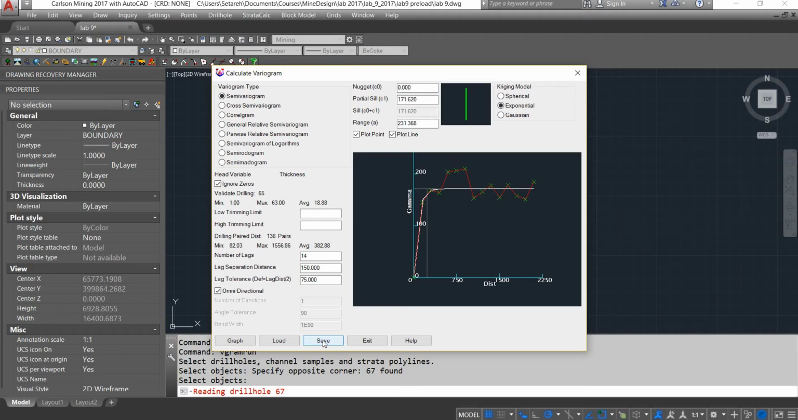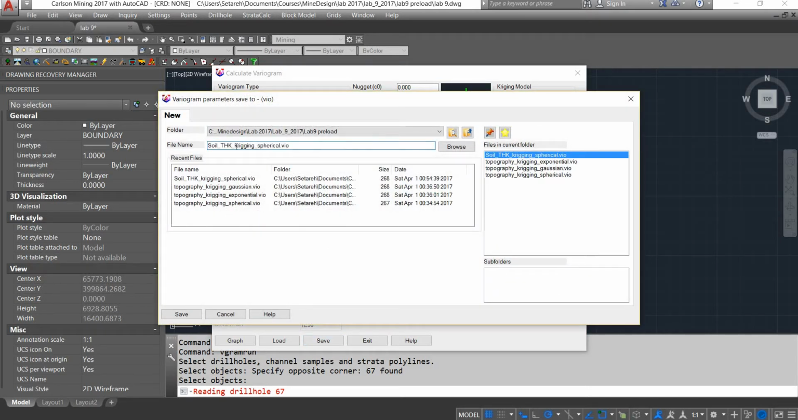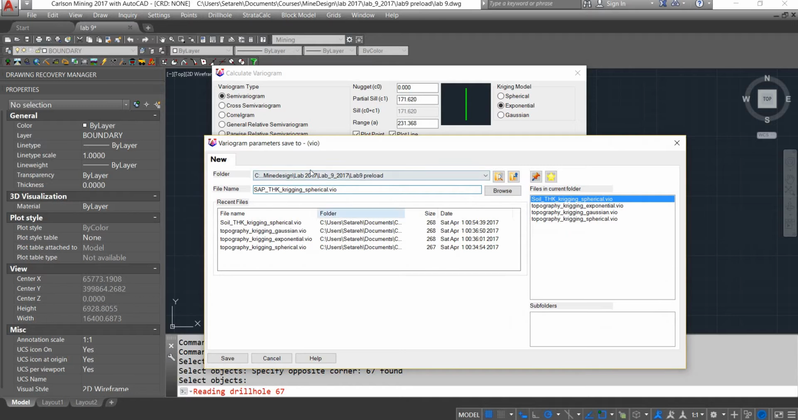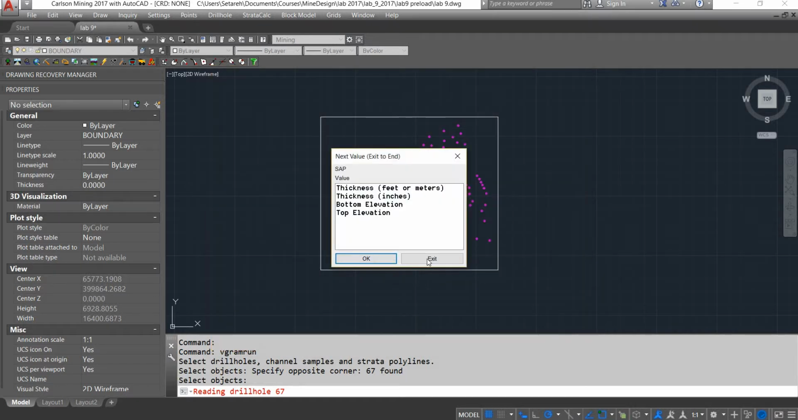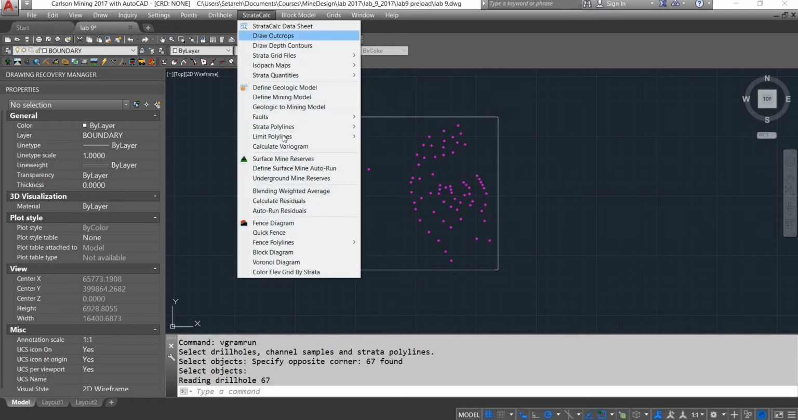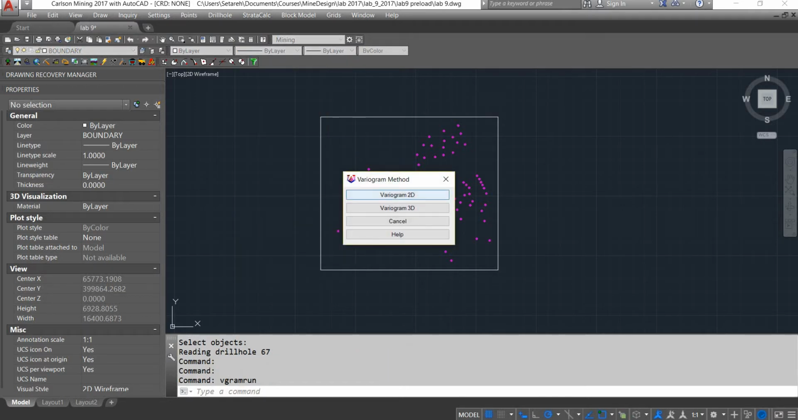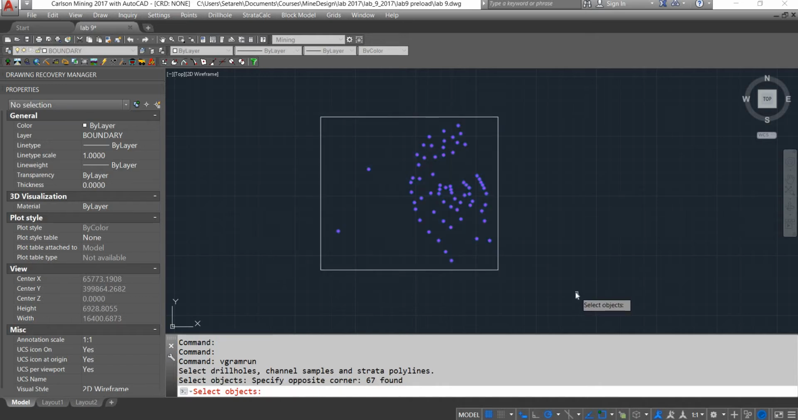I save this one as SIP, and it is SIP thickness and kriging and exponential. I save this and exit out of this, exit out of next, go back to Strata CAD, calculate variogram 2D, select all drill holes,